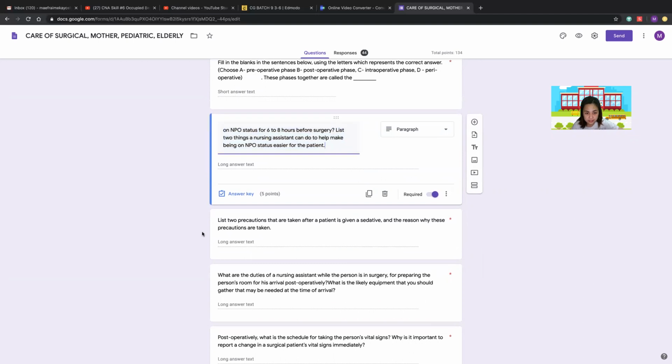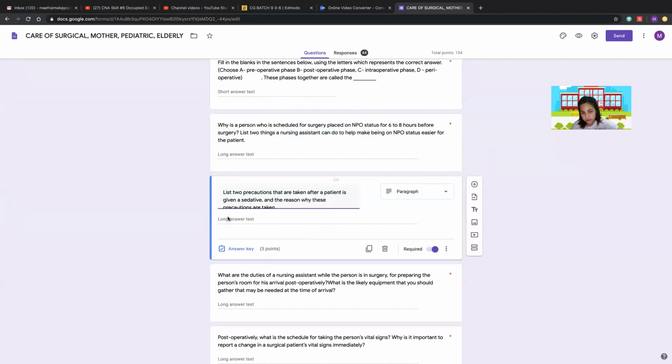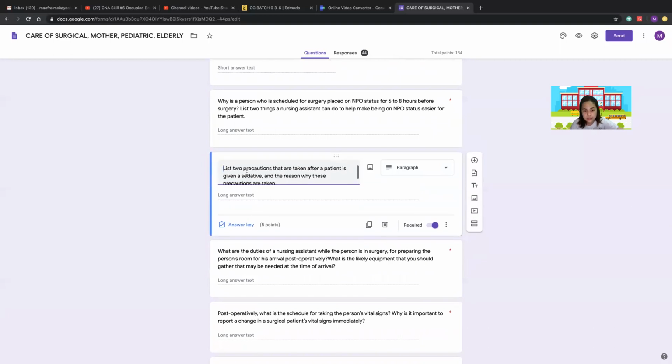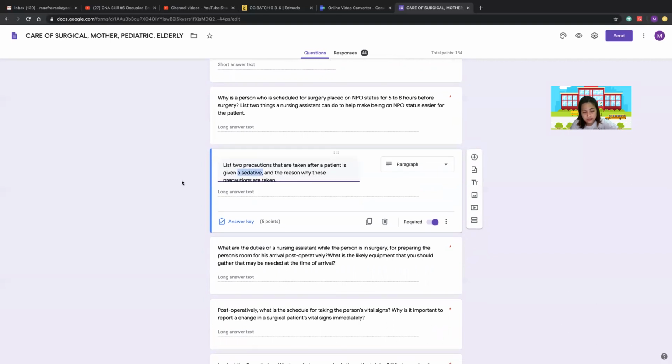So that is the answer. List two precautions that are taken after a patient is given sedative and the reason why these precautions are taken. Also this one, very few students got the answer. If the patient is given a sedative, the anesthesia. Of course, if your patient is sedated by the anesthesia, two precautions